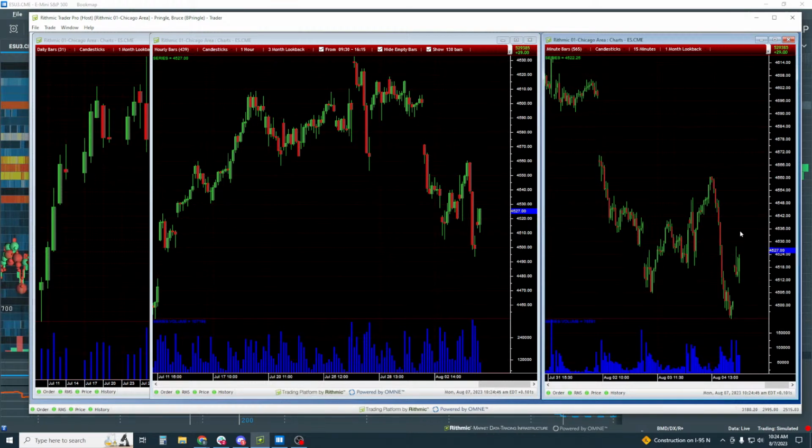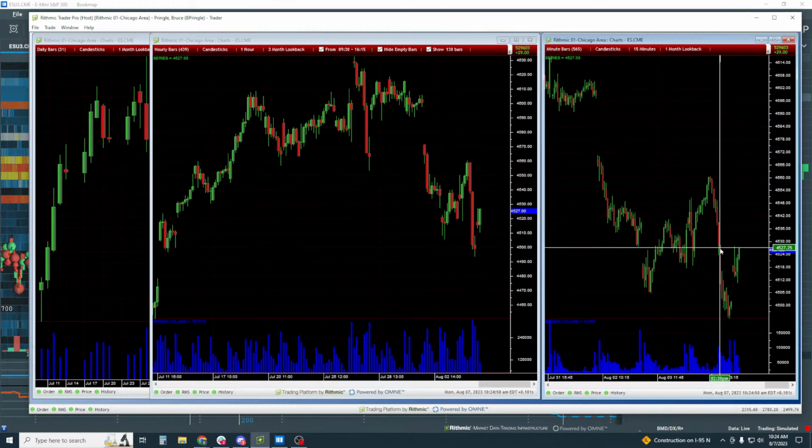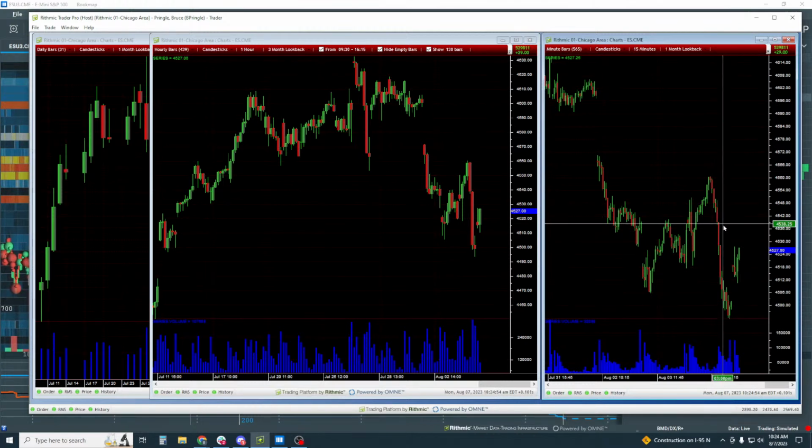Okay, so let's see here. Yeah, we're coming up to this high here. Let's jump into Bookmap. I'm really interested to see if we can come back up into maybe 35 up here. Look at this, there's a lot of empty space here from the move down. So this is bullish right now, but let's just see what happens.